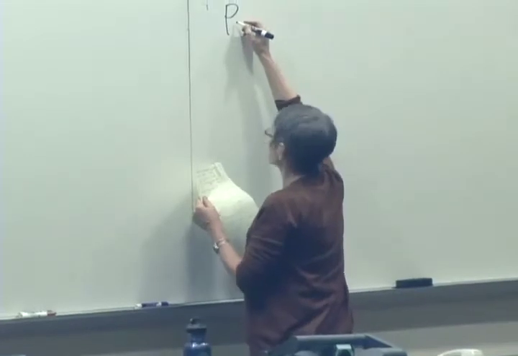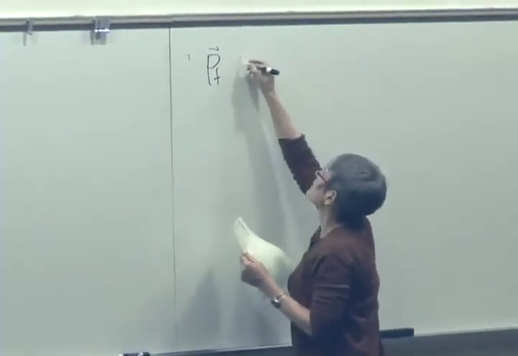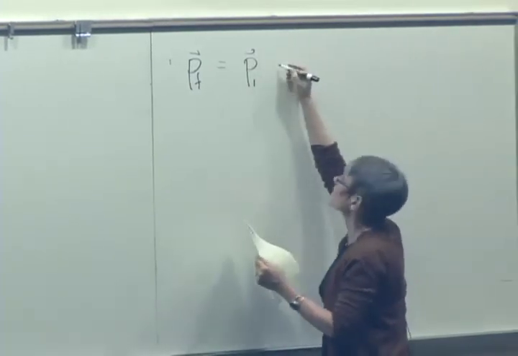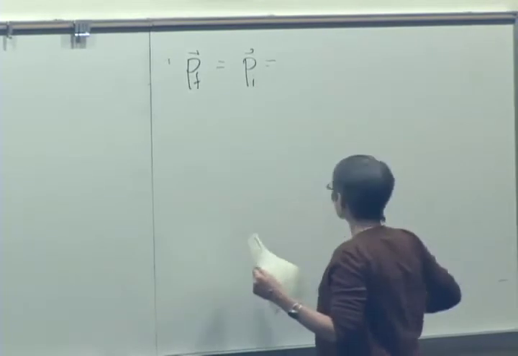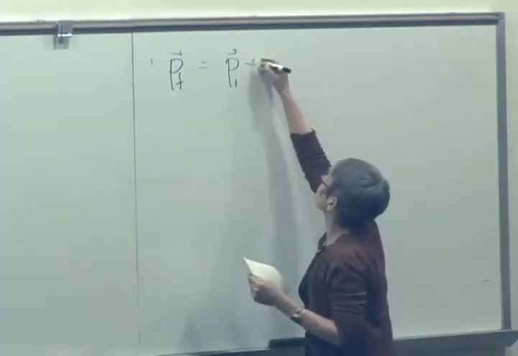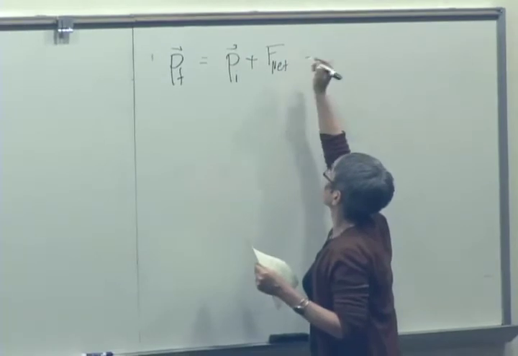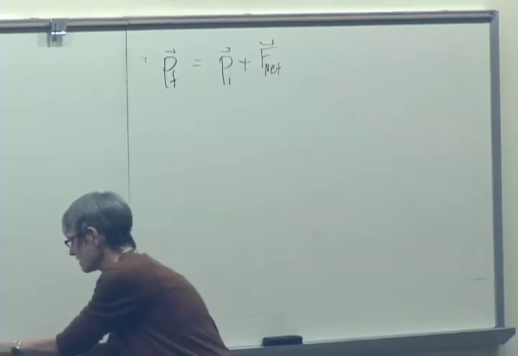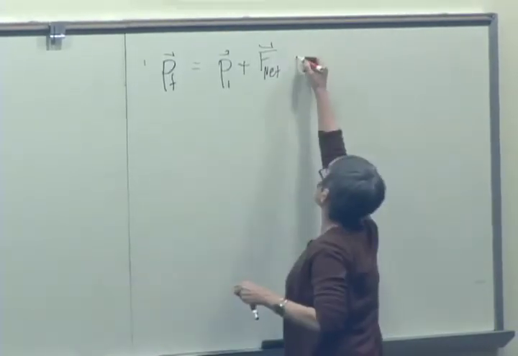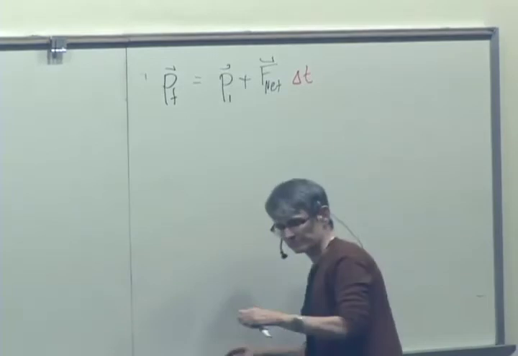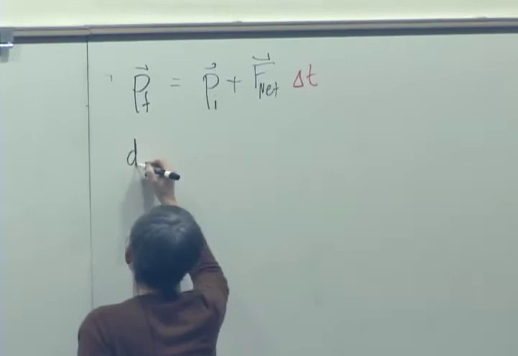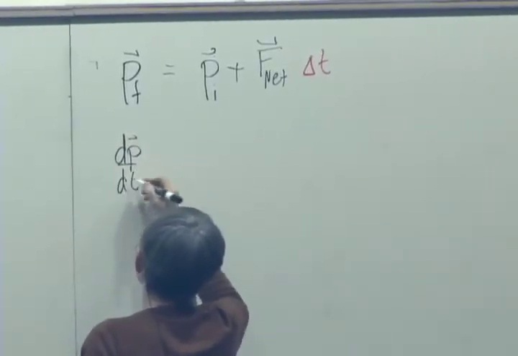So first, I'm going to write the principles we have in this way. We have the momentum principle in the update form. Final momentum is initial momentum plus F net delta t. We've also written the momentum principle in an instantaneous form: dp/dt